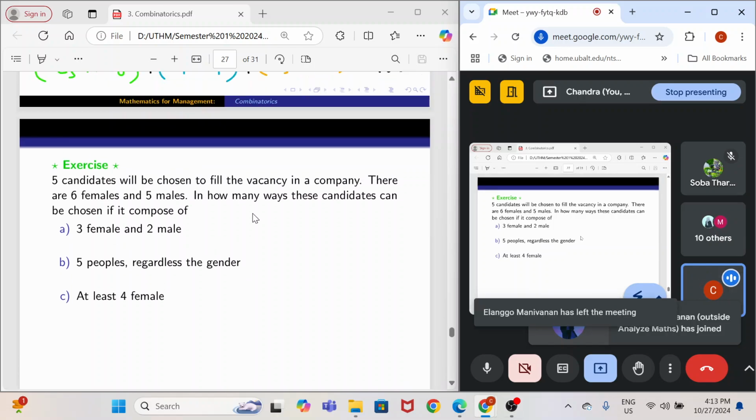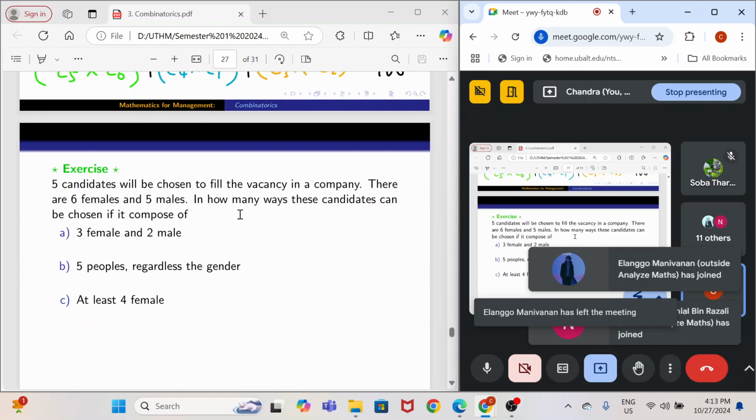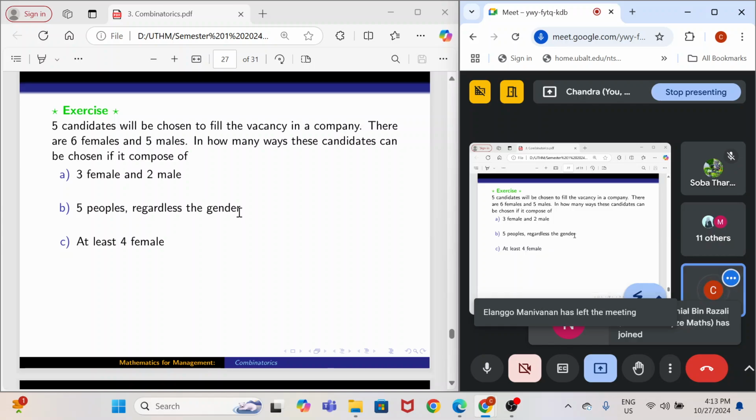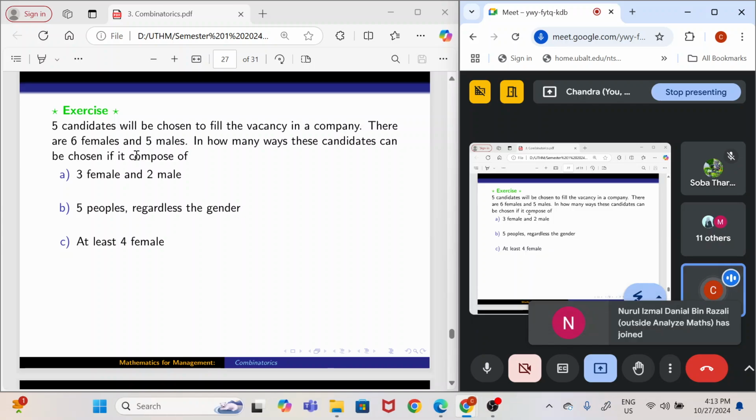As in the class, we stop here. Okay, now for this exercise here,